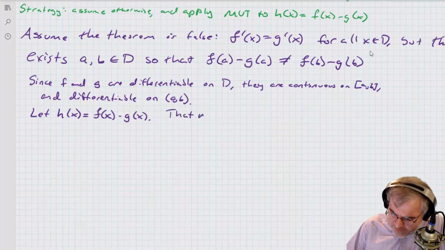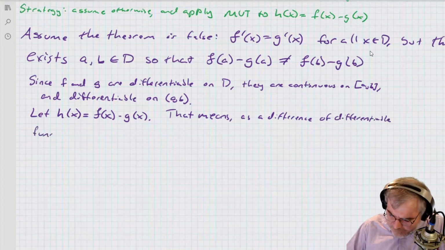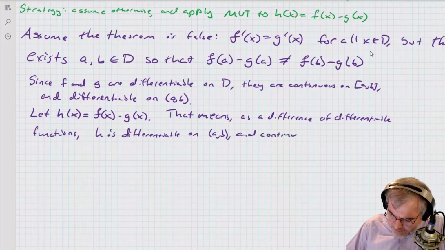That means, as a difference of differentiable functions, h is differentiable on AB and continuous on AB. So, by MVT,